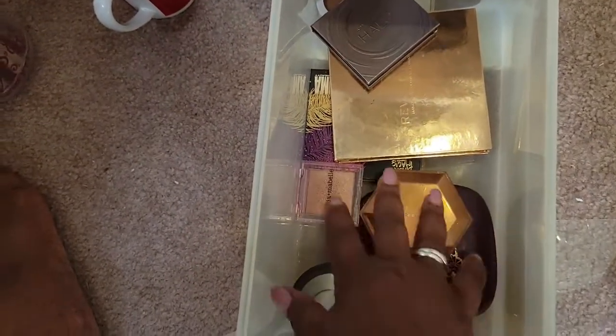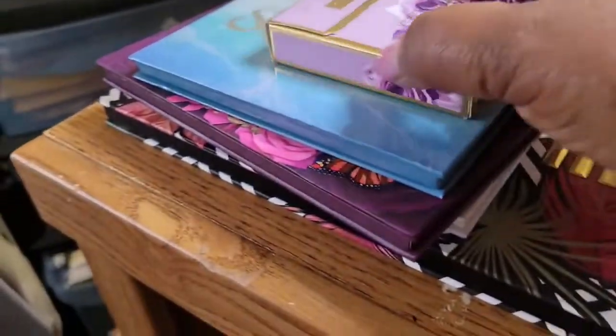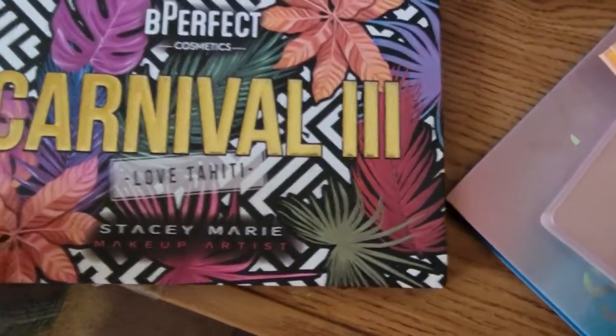And these slid to the back. We'll try to remember these for next time. Okay, now for eyeshadow palettes. I have this Be Perfect Carnival palette. And I had this